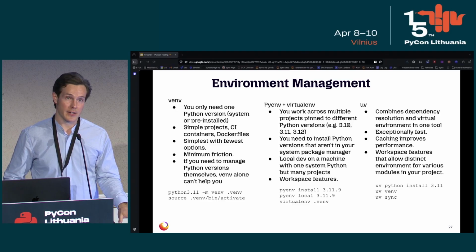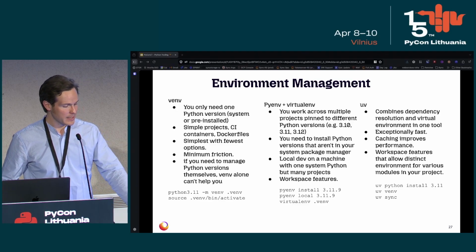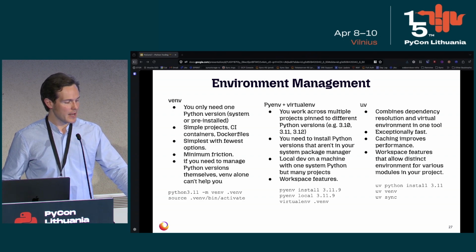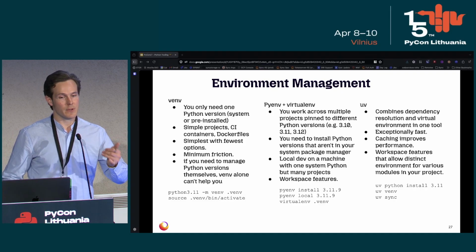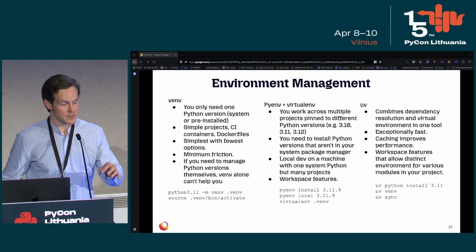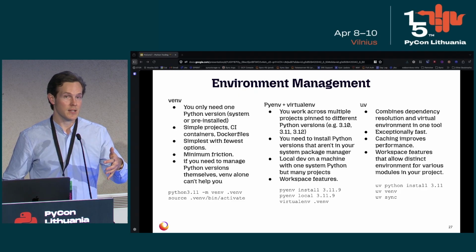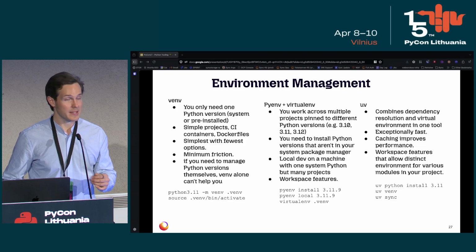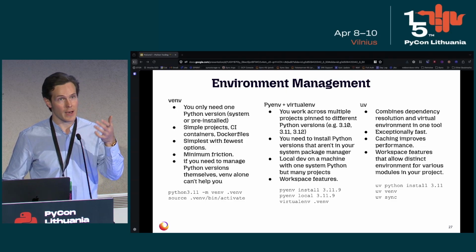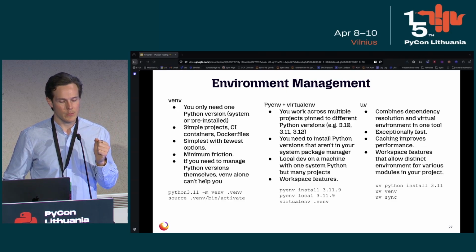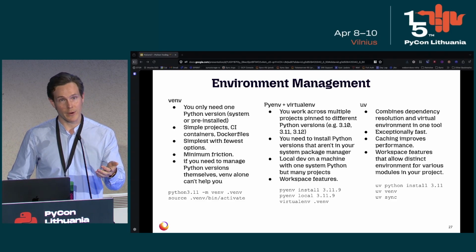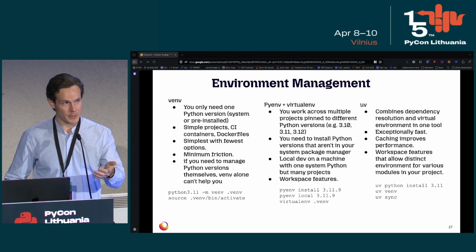I will share slides later so everyone can take a look at some of the comparisons. But as you can see, the barrier for entry is quite low for all of these. I find that we've often used PyEnv virtualenv more often recently because you can create configurations that, as you move through a repository, say you have different Python versions or different requirements, automatically that workspace can be triggered, which again, UV can do now as well. But that's essentially a very effective tool. Say you have something that's dependent on some particular code that needs to run in Python 3.12, for instance. If you shift into that particular directory, it can automatically invoke that environment and you can make use of it.